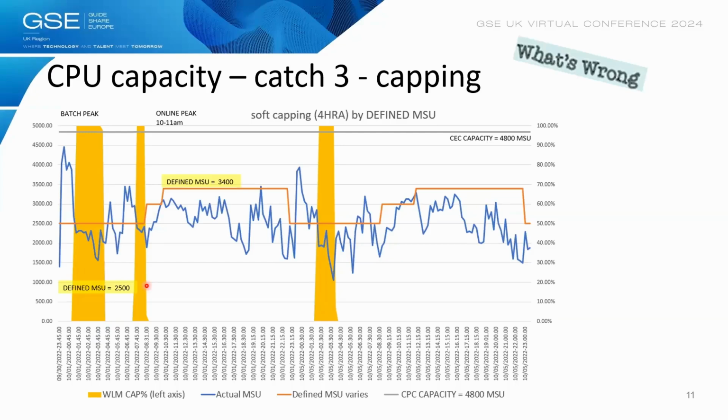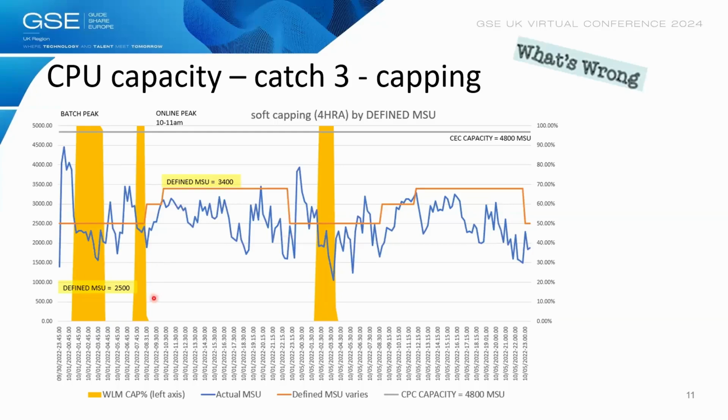And guess what happened, right? The phones start ringing, and the customer decided to increase the workload. But it didn't help much because the increase was just tiny compared to this workload. So it didn't fit. Basically, it was not enough, right? So they increased the defined MSU to, let's say, 3,500 right here. And that was enough for this machine to survive the online day, right?